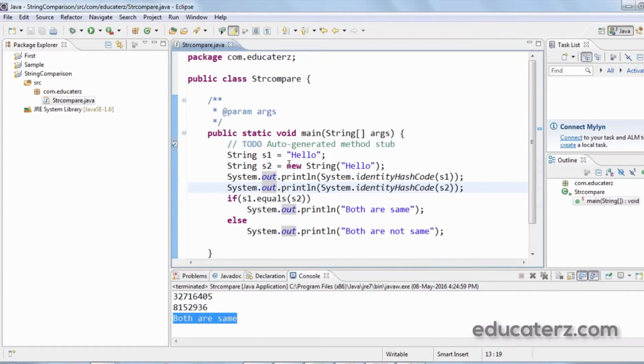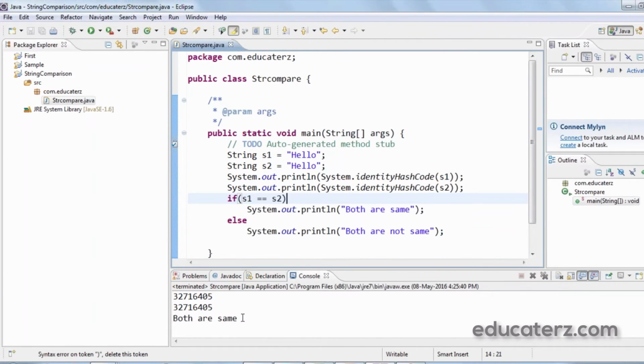Now let me make a small change. Instead of new, I would create it using a single assignment operator. Now instead of equals, I would change this to double equals. So let's run this.